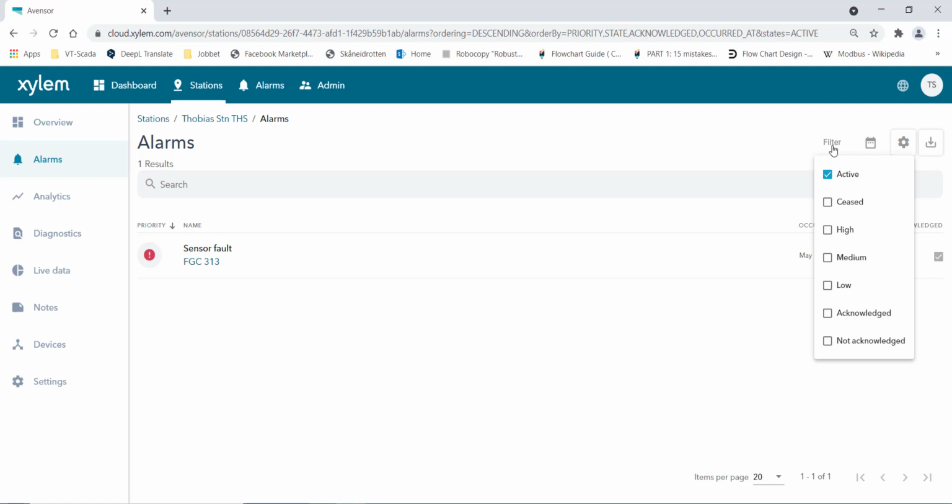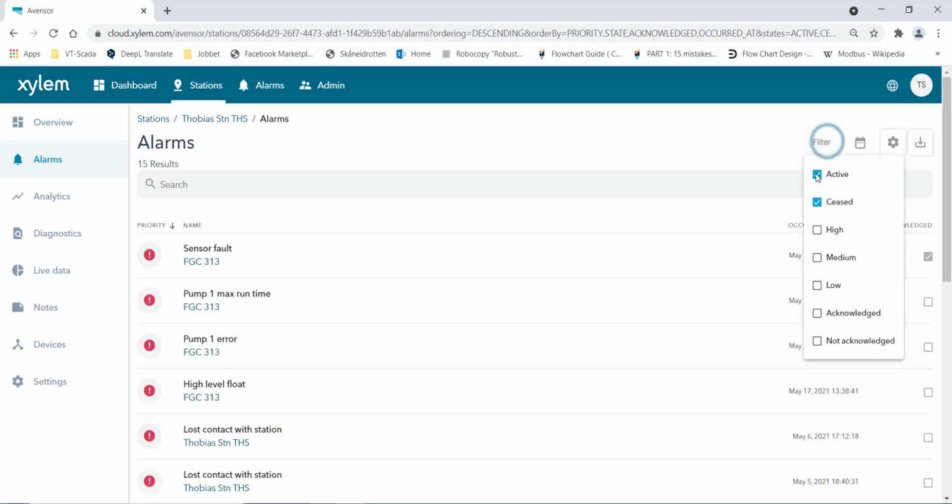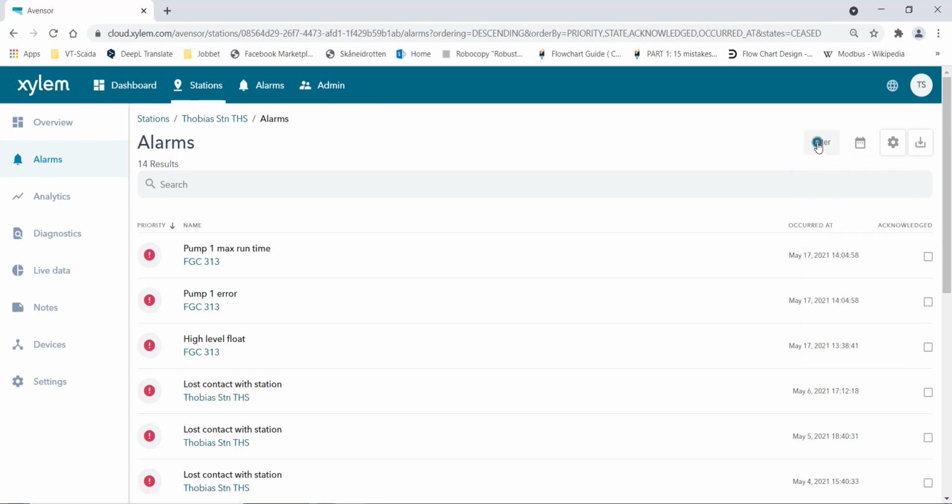You can have them active, ceased, high, medium and low, acknowledged and not acknowledged alarms. So if you want to see all the ceased alarms for this station, you press ceased. You will have active and ceased. So if you only want to have ceased, you press active. And now you only have ceased alarms for this particular station.